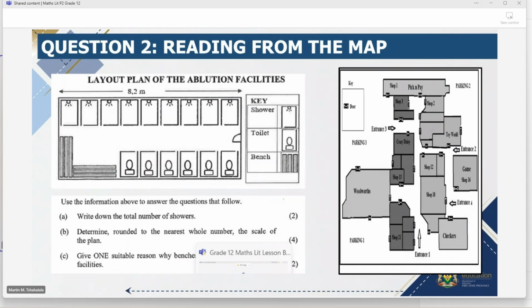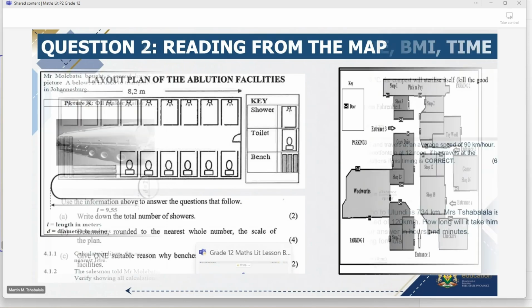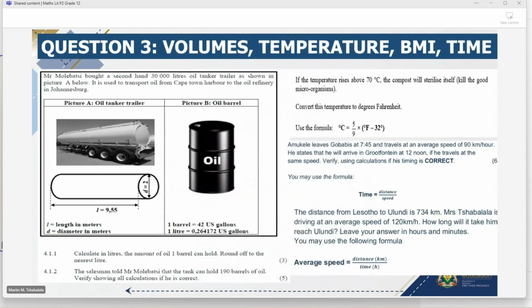Those are the possible questions on Tuesday. And if I continue, remember that we told you about calculating the volume and that we are going to use a cylinder. Here, this is a cylinder, a drum that is holding oil, and on the left-hand side, it's a truck, and the shape of the truck at the back is cylindrical. It has a diameter, it has the length or the height. It will depend. Even that oil barrel has a height, a diameter and a radius. So there will be questions based on that.